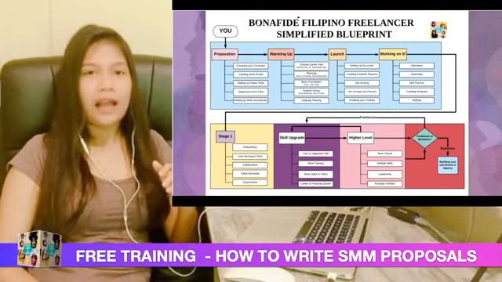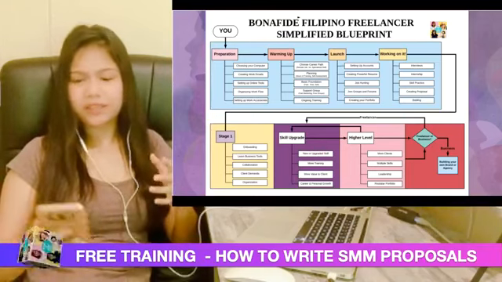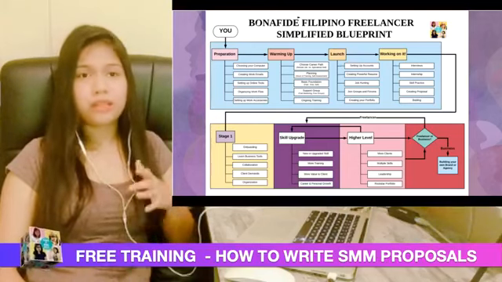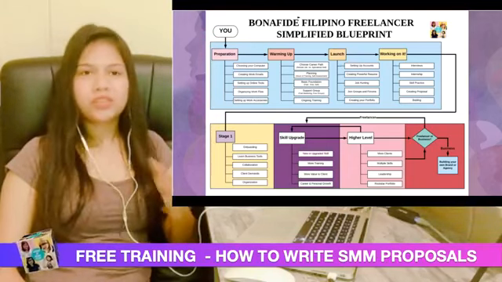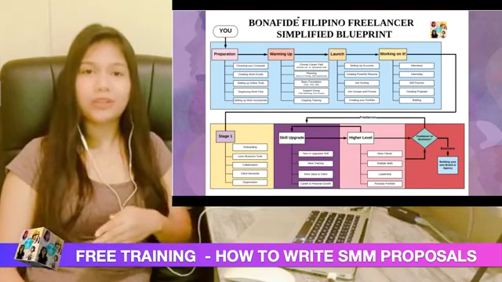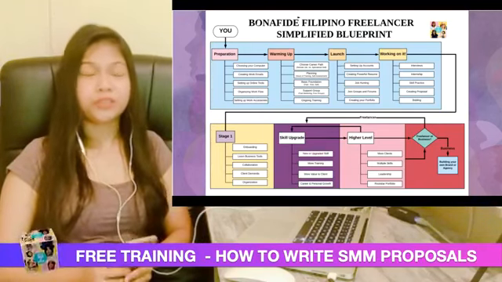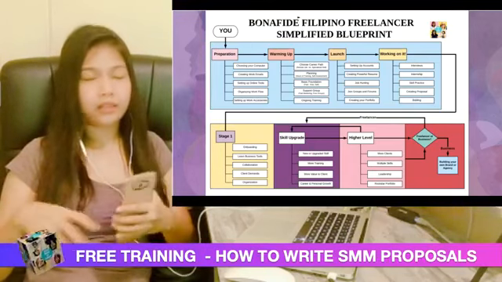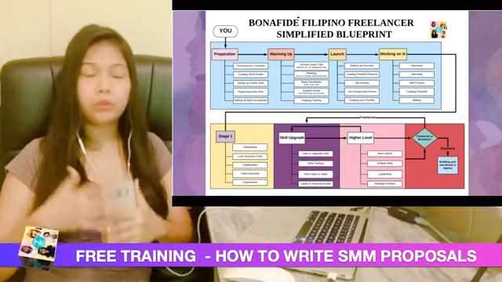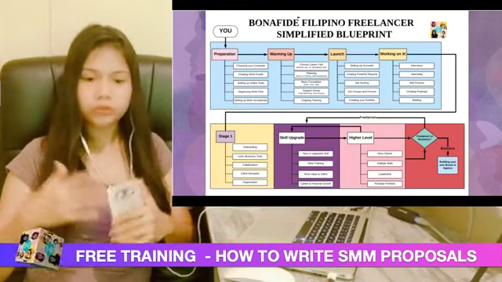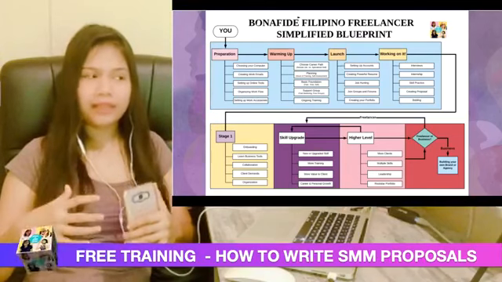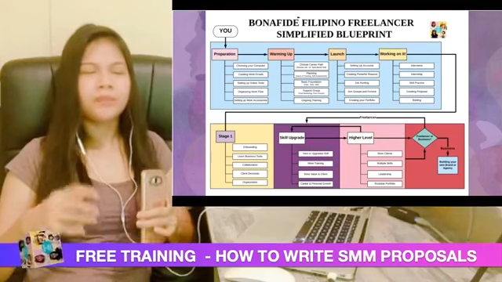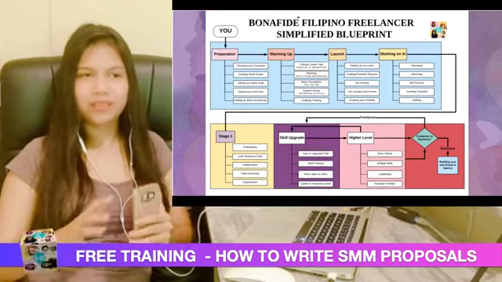Ngayon, this part, nag-spend ako like how many minutes? Like 20 minutes for the foundation because I do not want na mag-start agad how to write proposal, lalong-lalo na marami tayong kasama dito na fresh starter. So, guys, pwedeng ma-overwhelm kayo sa i-discuss ko like in the remaining 30 minutes, but I don't want you to feel that way. I just want you to really listen right now and then balikan nyo tong simplified blueprint natin, i-access nyo lahat ng tutorials ko, and really be disciplined.